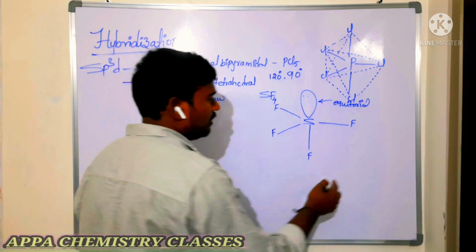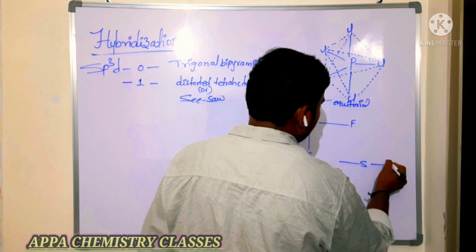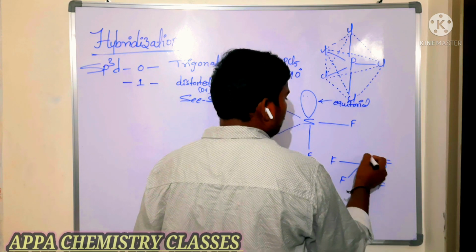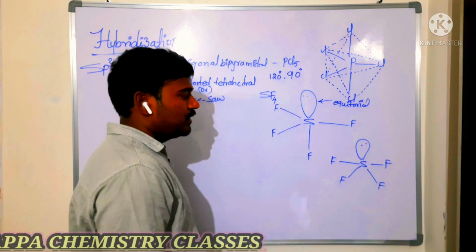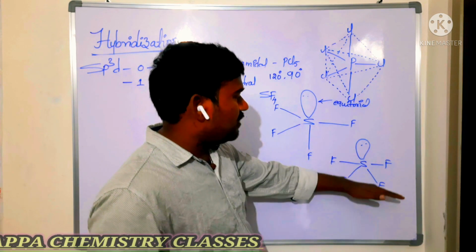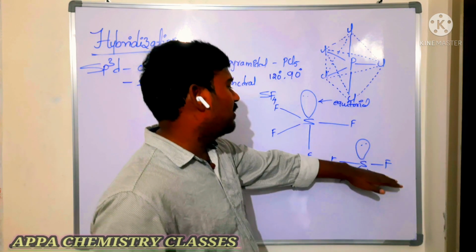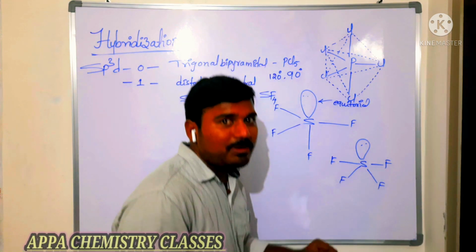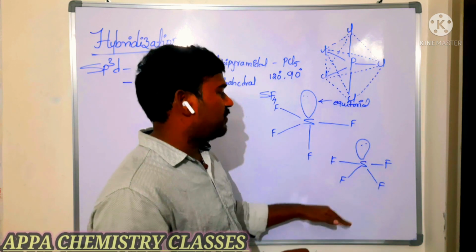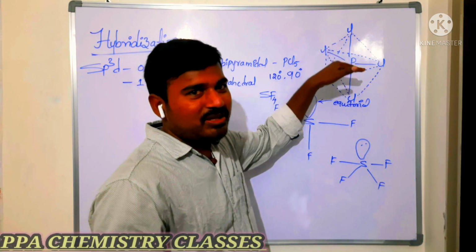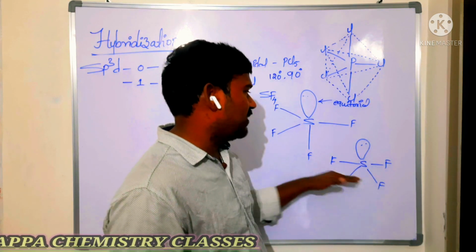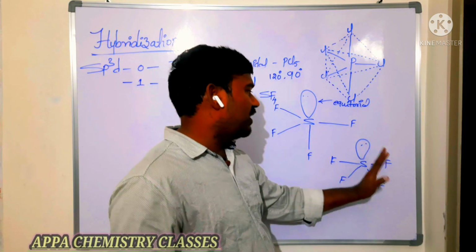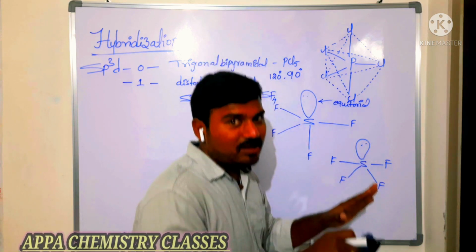Now you can take here 2 fluorines. So here 2 more fluorines. Now in this case I am taking the lone pair like this. So it is what? A seesaw geometry. Say for example it is a base. Now you are sitting here, your friend is sitting here. They will do seesaw geometry now. So one will go up, one will go down, another one will go up. So that is what it is, a base, and you are sitting here. So it is what? Center point. Center point contains the what? Lone pair in the equatorial position. Is that clear? So seesaw geometry.